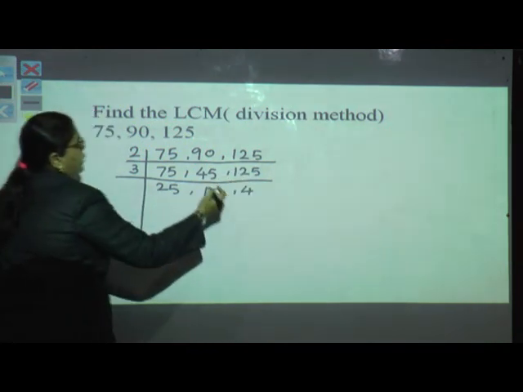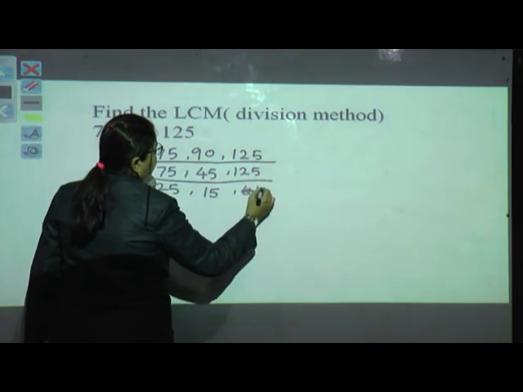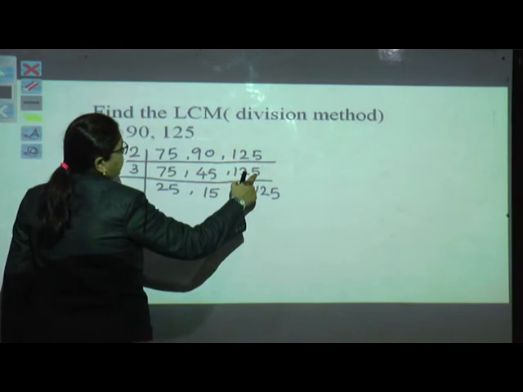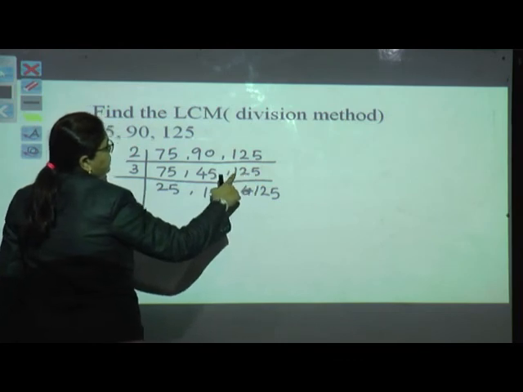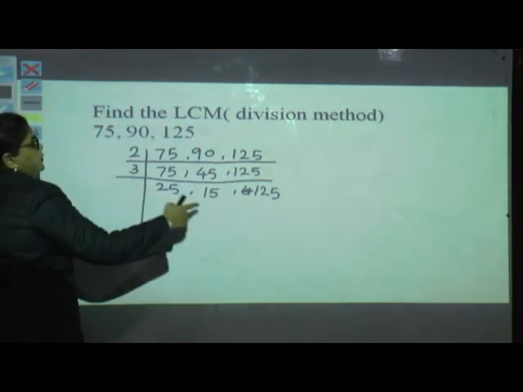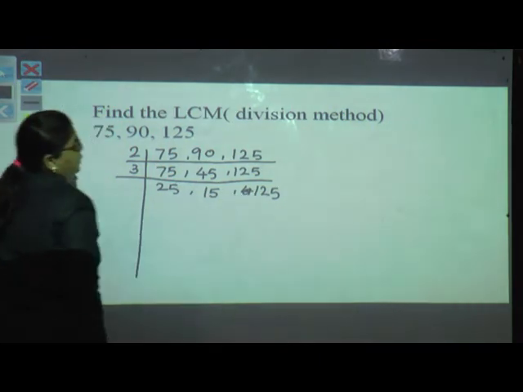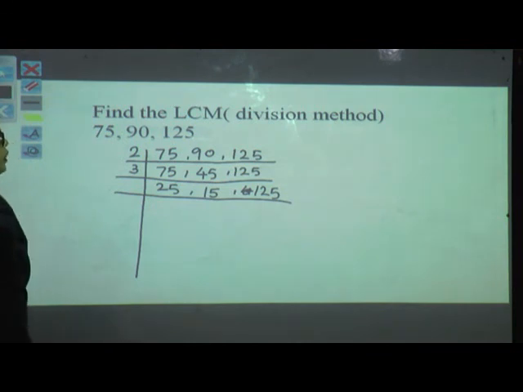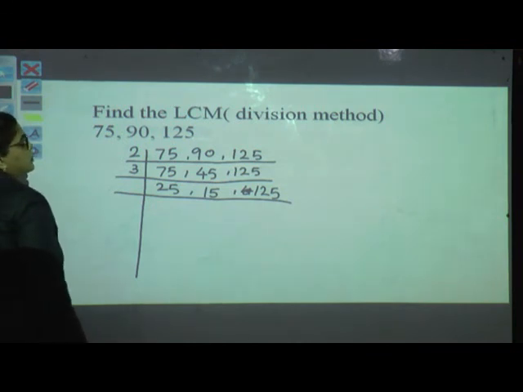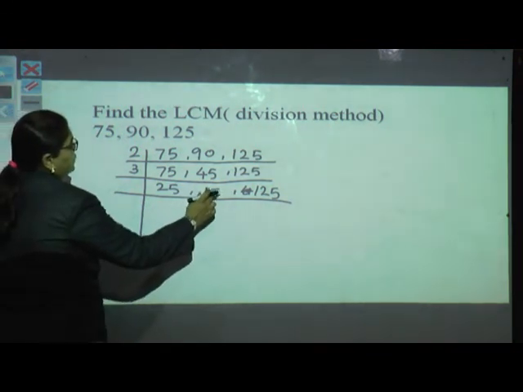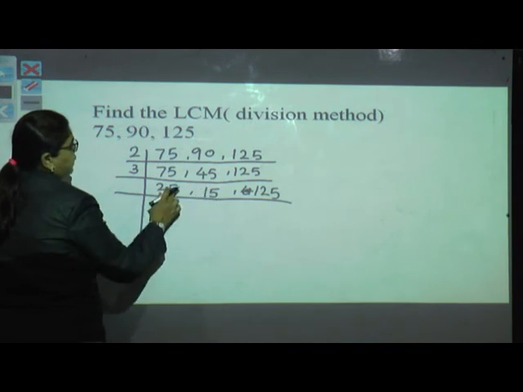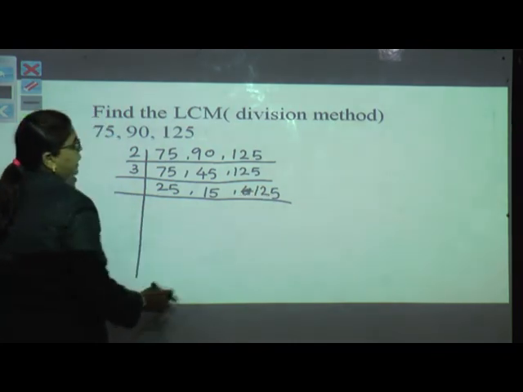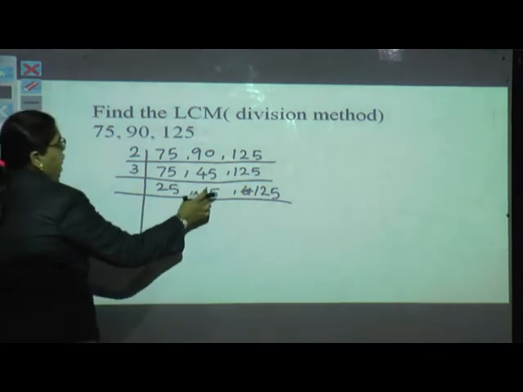So what do we have to write? We have to write 125, because the sum of this is 5 plus 2 is 7, 7 plus 1 is 8. It is not divisible by 3, giving a remainder of 0. So what will we do again? We have to go for 3, because we are having 5 plus 1 is 6, but here 5 plus 2 is 7. We are unable to do it. Here also the total is 8. So we will do it only with 15.